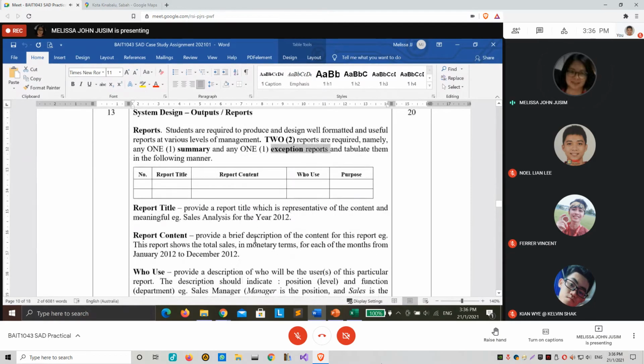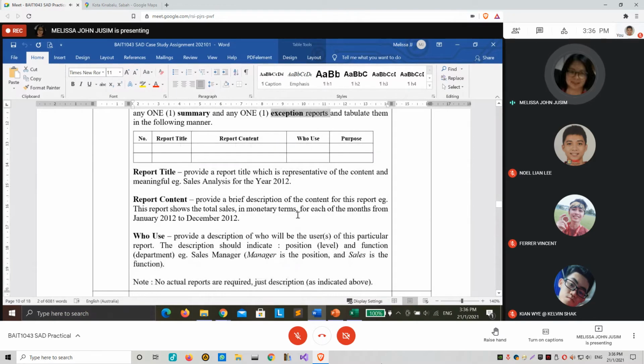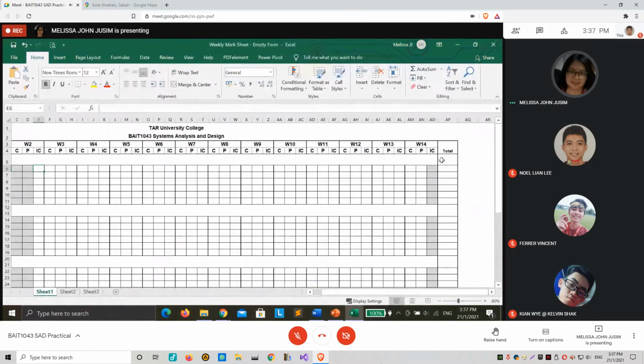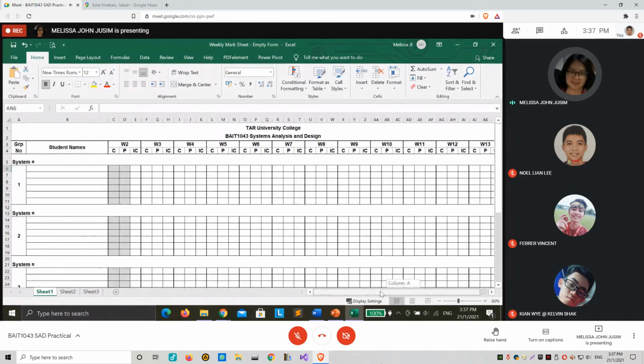So like who will use the report, the report content, it should be logical. Otherwise, if you simply use the query statement, join this table, join, select, and then display everything, it's not meaningful. So I will reject that report design. This one would be week 13 in classwork, which you will present in week 14. 10 marks for the content, and 5 marks for the presentation format.